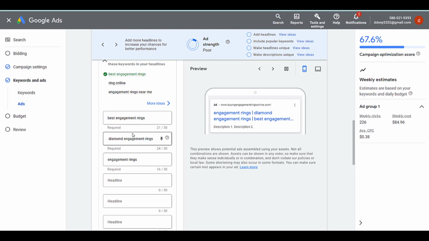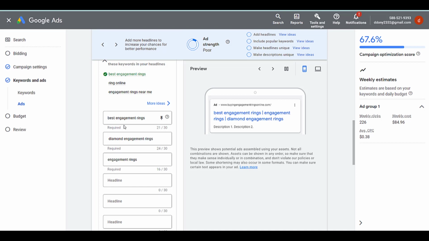You can start by mentioning the keyword in the first sentence and then going into detail about the features of your ring, the quality of your diamond, and any other selling point that you want to emphasize.